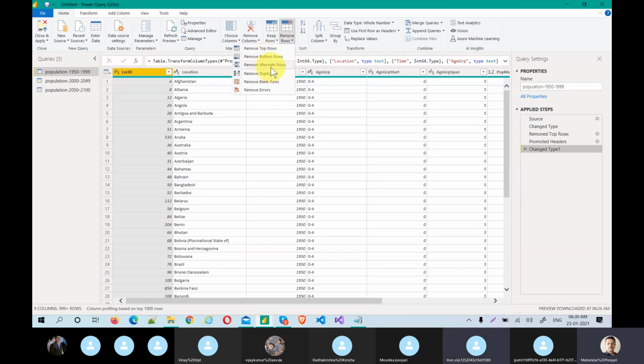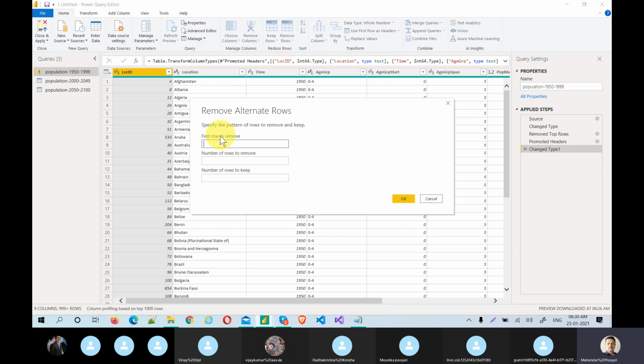But again, you need to understand this also. Remove alternate rows. This is one of the beautiful options that Power BI has. Now you understand: first rows to remove, number of rows to remove, number of rows to keep. Let's say you observe 1, 2, 4, 8, 22, 12, 24.